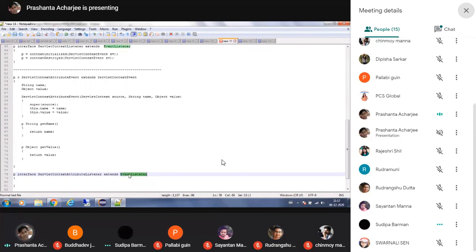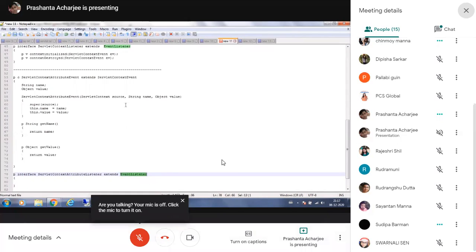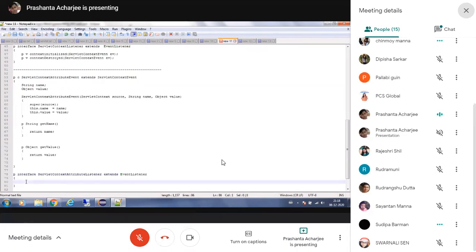Suppose it extends the event listener, not the servlet context attribute listener. Like ServletContextAttributeEvent, it extends the parent class ServletContextEvent, right? But each and every attribute event, like ServletRequestAttributeEvent and HttpSessionAttributeEvent, directly extends the event listener, and it has exactly 3 abstract methods, which are